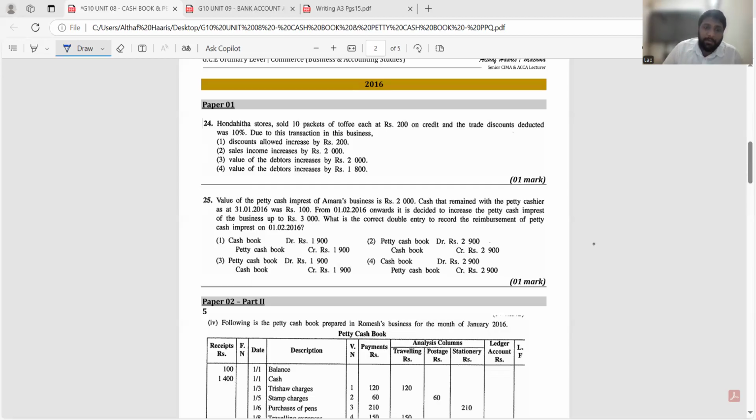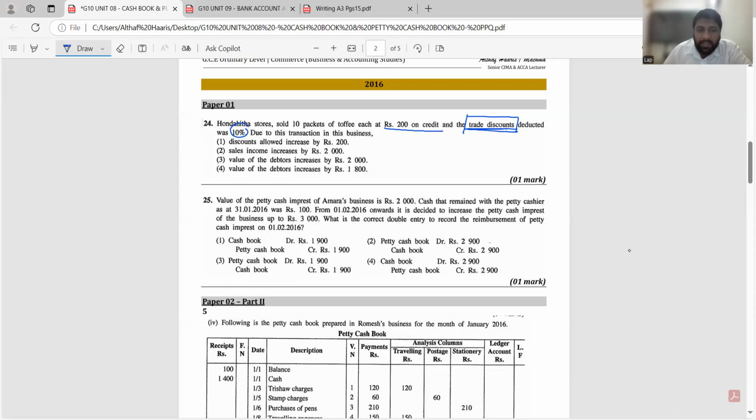2016, paper 1, question 24. Honda Hit the Store sold 10 packets of toffee, each 200, on credit, with a trade discount of 10%. They have given a trade discount. When we were learning the discounts, I clearly told you we always have to take the values after the trade discount. We don't want the values before the trade discount. Always we need the values after the trade discount. Due to this transaction in the business: